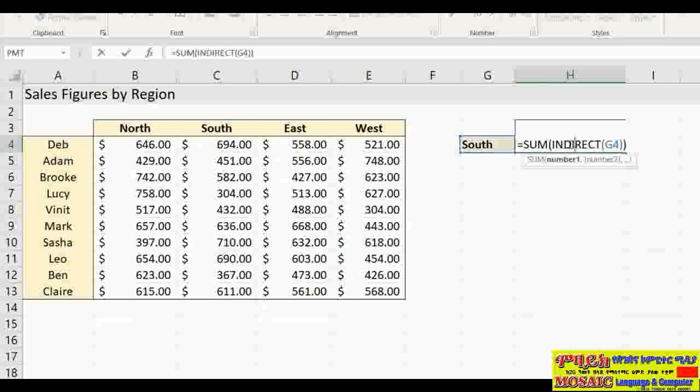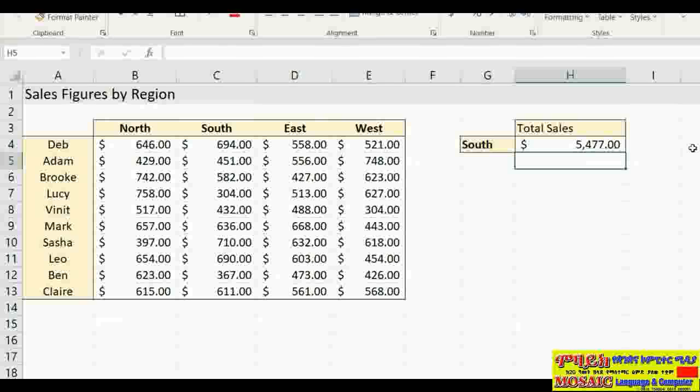So essentially what this formula is doing is it's saying, look at cell G4, find what's in cell G4 and match it to the named range, which in this case is the south range, all of these figures. And then it's doing the sum to give me my result. It should work if I change this to west, hit enter, and now I'm getting the sum of all of